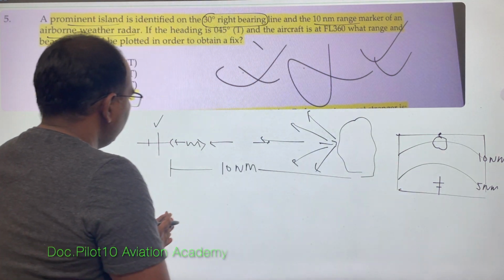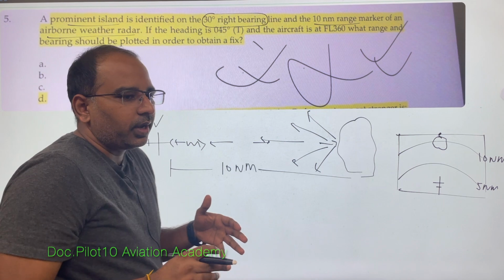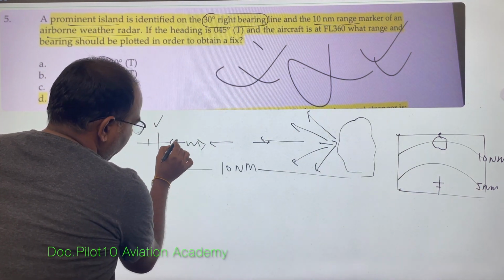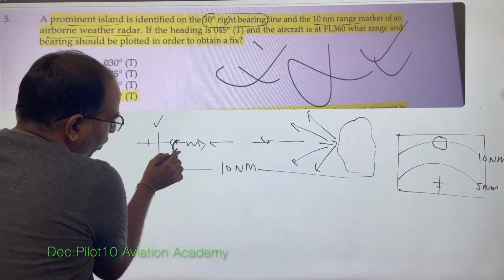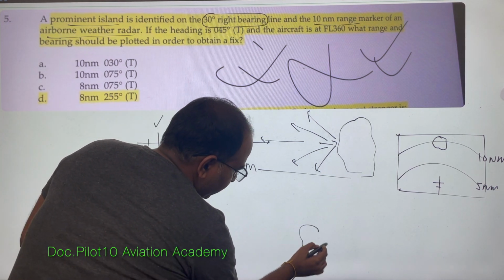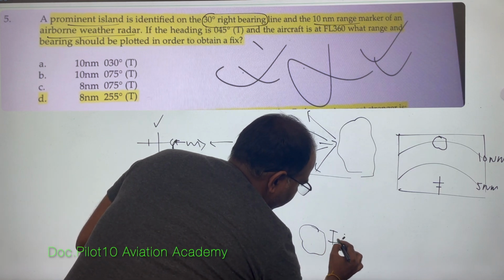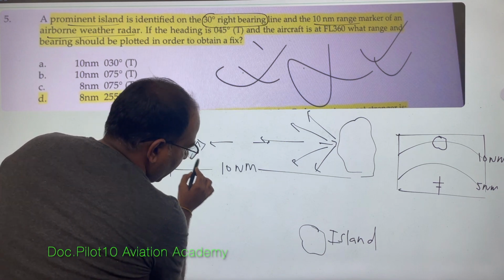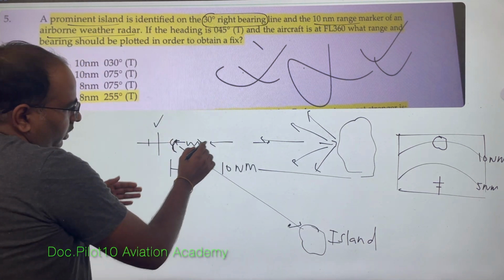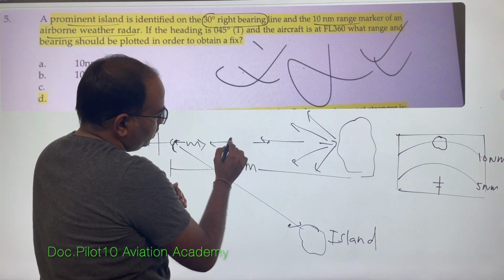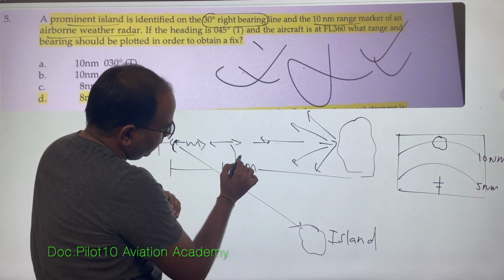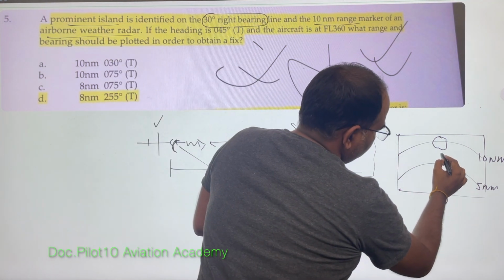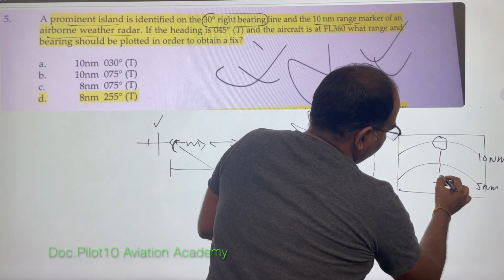Next, the second use is, for example, you are flying over an ocean, correct. You can tilt your radar or radome or the radar AWR downwards, and if there is an island here, this is an island, correct, you can mark this island. If your flight path is going like this, say the island is to the right of your flight path by 30 degrees. So, if this is your flight path, so towards 30 degrees, correct.